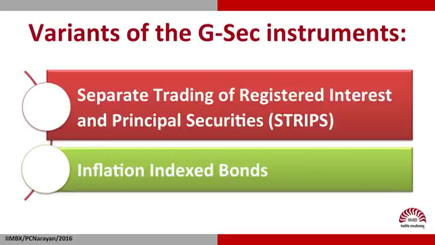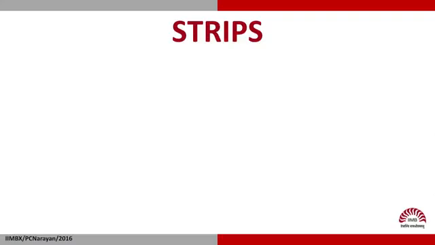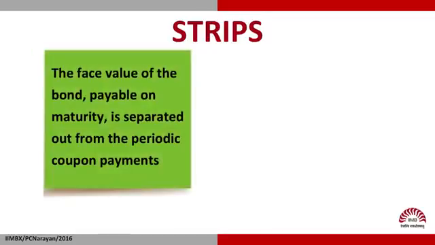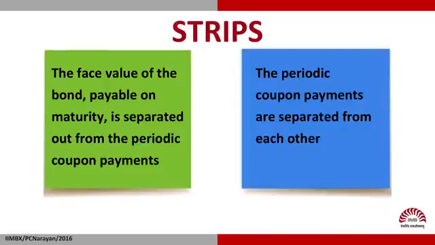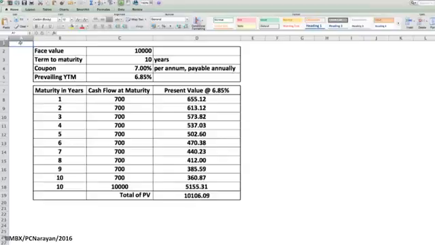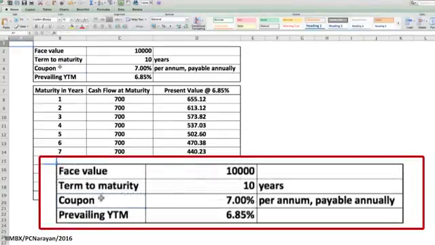There are 2 very innovative variants to the time-tested G-Sec instruments. One is called STRIPS, which stands for Separate Trading of Registered Interest and Principal Securities, and the second is Inflation Indexed Bonds. Let's look at STRIPS first. STRIPS is a security in which the face value of the bond payable on maturity is separated out from the periodic coupon payments, and the periodic coupon payments are separated from each other. Let's construct the strips for a 10-year G-Sec that has an annual coupon of 7%, face value 10,000 currency units, and prevailing YTM